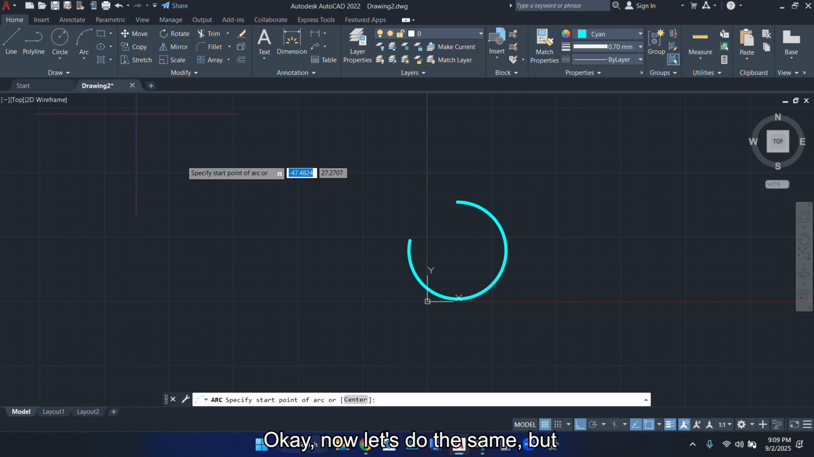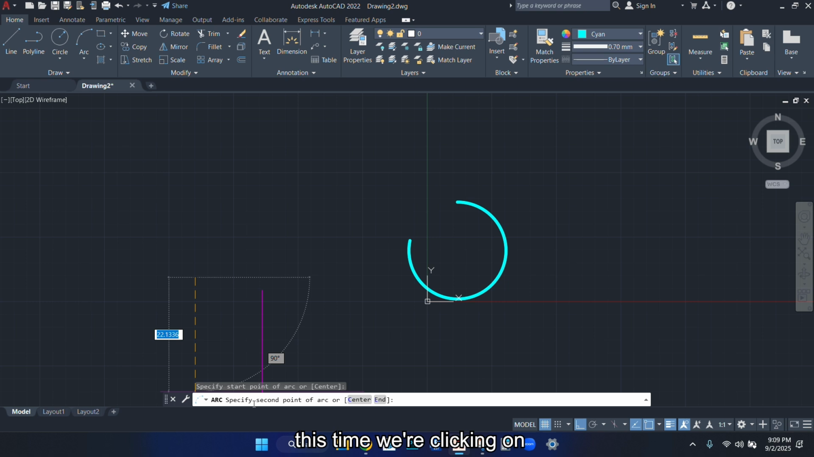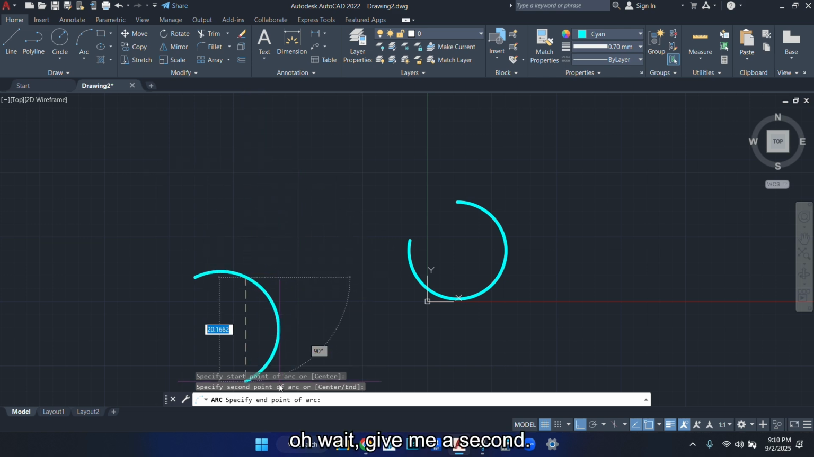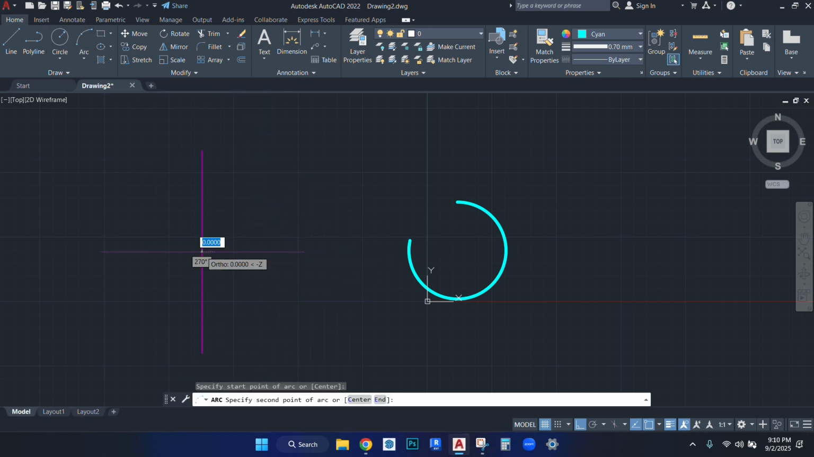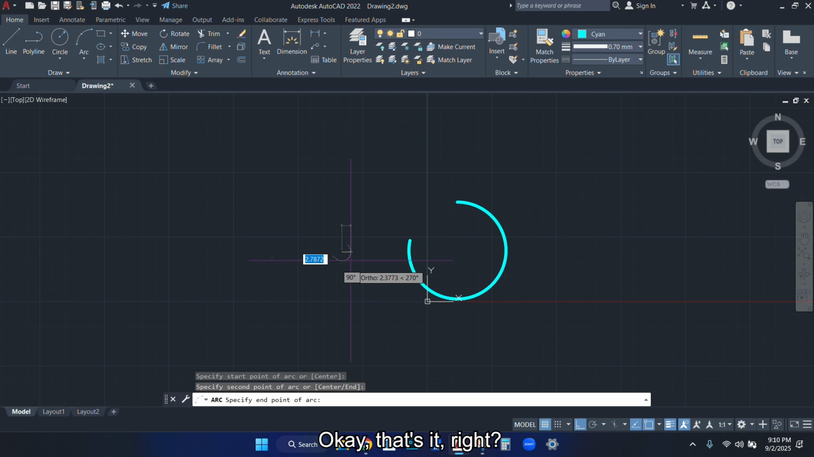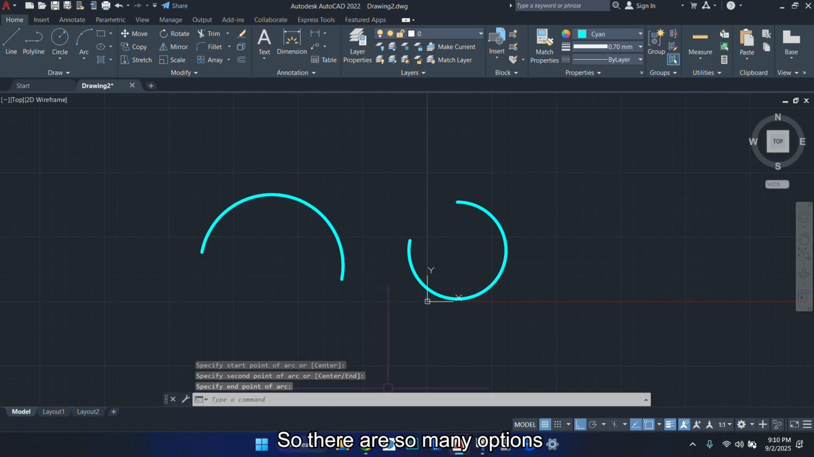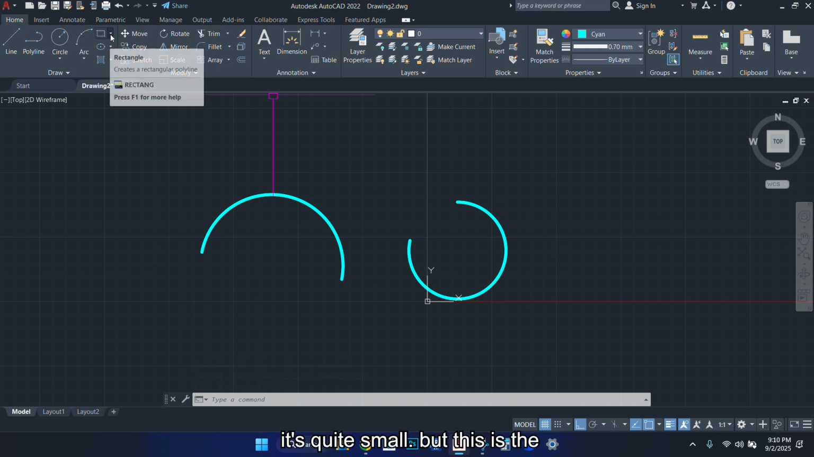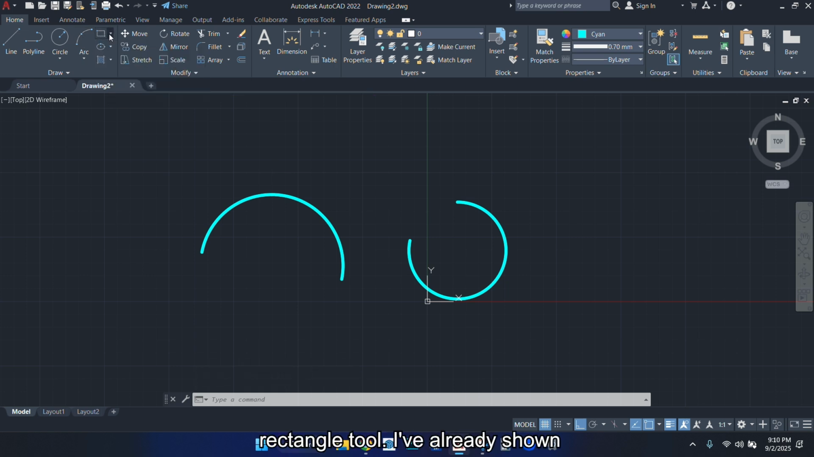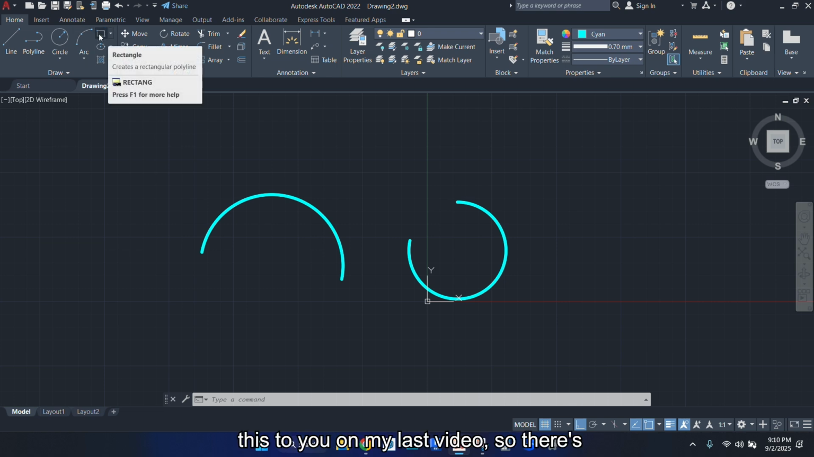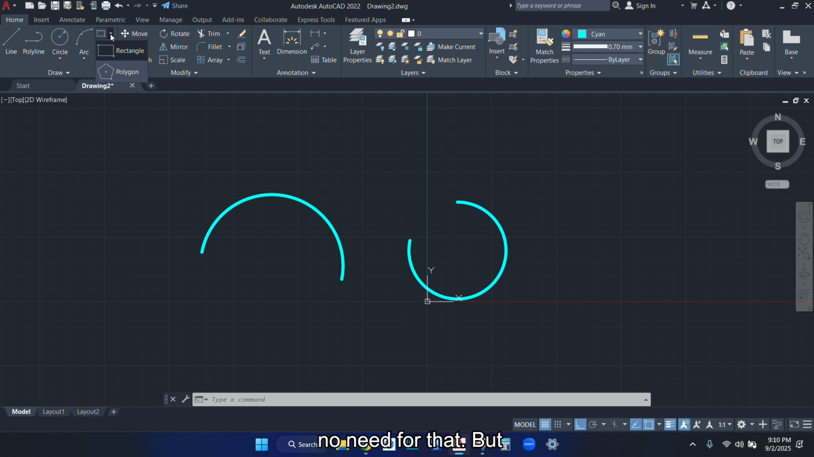Okay, now let's do the same, but this time we're clicking on center. So specify second point. Okay, that's it, right? So there are so many options on the command line. So you just have to read. Now here, it's quite small, but this is the rectangle tool. I've already shown this to you in my last video, so there's no need for that. But if you go to polygon,